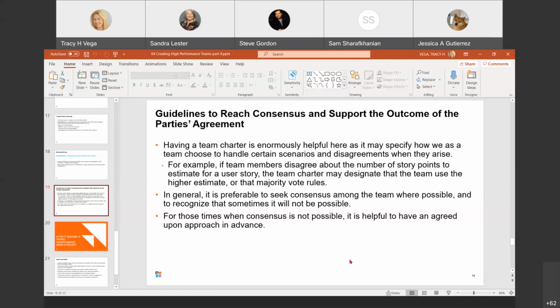And reading the PMBOK ahead is great, because obviously somebody's already done that. I could tell by listening to the question. Reading it so you have an understanding of the terms that are coming up. And then these slides are new from when I did it, so they are a little more aligned with the book that's coming from PMI. Somebody just mentioned what the name of it was, and I apologize, I forget the name of it, but that's the way it's going. So hopefully that makes sense to some of you.